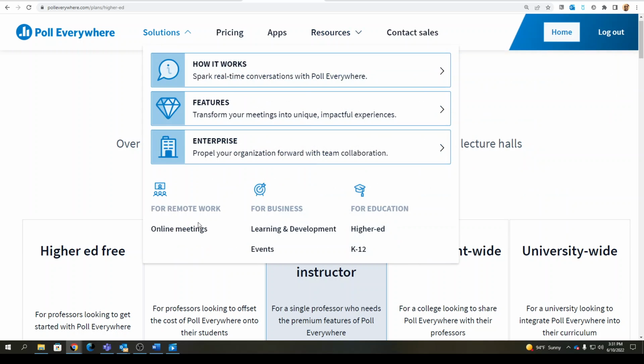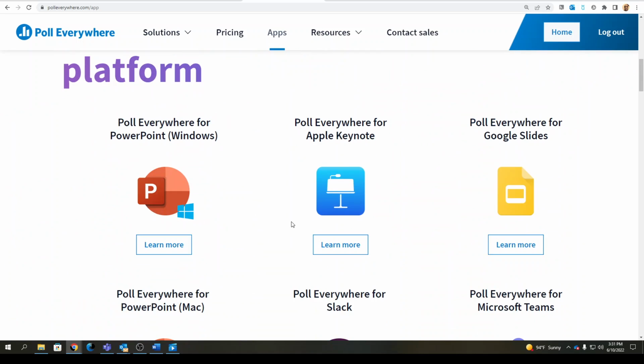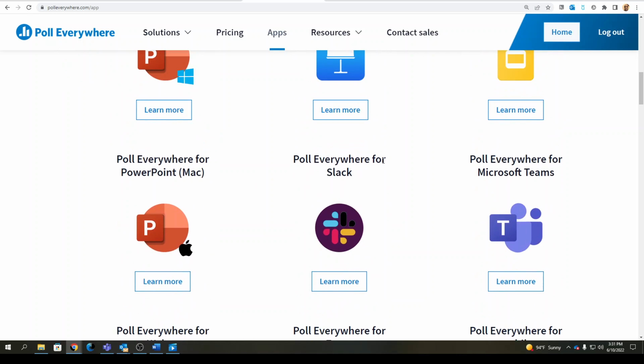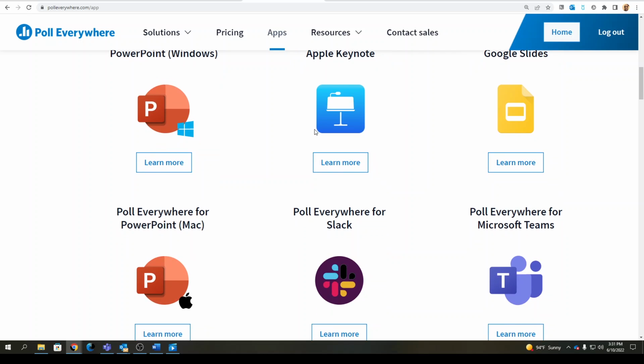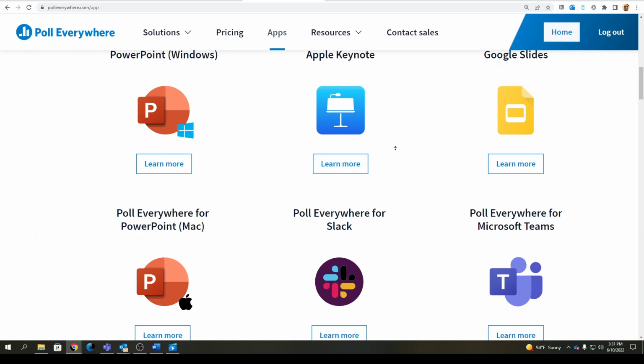You have solutions here like remote work, learning and development, events, and other solutions for the K through 12 and higher ed up here. And I'm logged in, and so now let's look at some of the apps. As you know, this is compatible with PowerPoint, Google Slides, and even the Apple Keynote. So if you use a Mac and you use the Keynote product, you can add this to a Keynote presentation